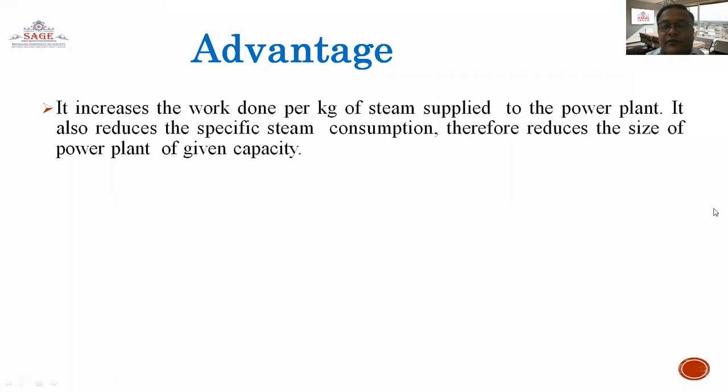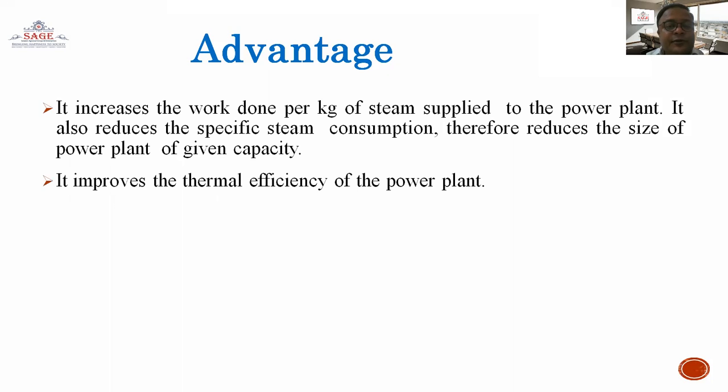Advantage: it increases the work done. वर्क डन जो है आपका पर केजी ऑफ स्टीम, it can be increased in the power plant. It also reduces the specific steam consumption, therefore it reduces the size of the power plant of the given capacity. तो जो पावर प्लांट की कैपेसिटी है या बोलना चाहिए जो साइज है, फॉर द पर्टिकुलर गिवन कैपेसिटी it will be reduced. It improves the thermal efficiency of the power plant. कंडेंसर का इस्तेमाल करने से जो पावर प्लांट की